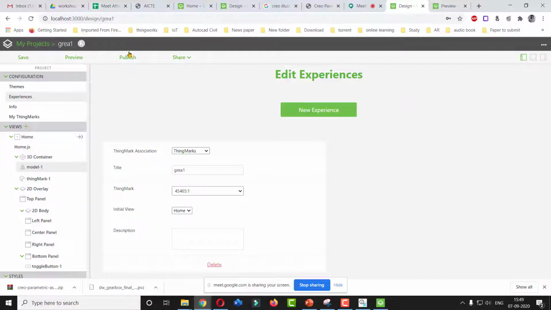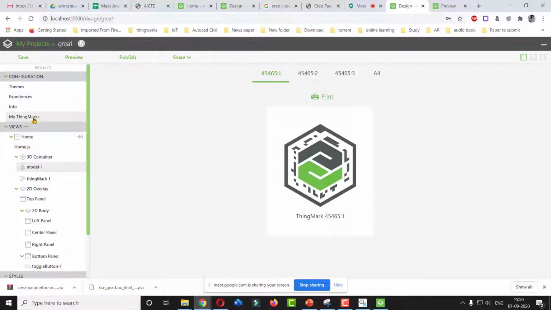सो वी कैन पब्लिश दिस एक्सपीरियंस. सो जस्ट क्लिक ऑन पब्लिश. लॉगिन हमारा ऑलरेडी है, सो इट विल डायरेक्टली गो ऑन पब्लिशिंग. ठीक है, ये एक्सपीरियंस यहाँ पे सक्सेसफुली पब्लिश हो चुका है. नाउ वी विल सी इट थ्रू अ मोबाइल स्क्रीन. So to scan it from the mobile screen, you have to use this particular barcode.